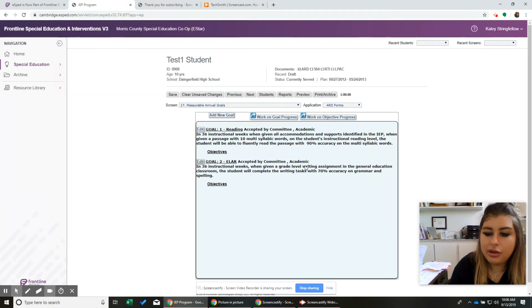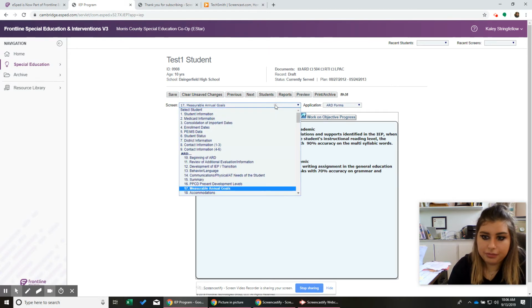Then I'll be like, okay, we're going to talk about, did they master their goals last year? Yes, hopefully. If they didn't master them, I forgot to say this, they need to be continued. So they're mastered. And I'll be like, okay, great. Can you go over what we plan to accomplish this year? That means goals. So you're going to just review this. And you can print these pages just by pressing preview and it'll print it.